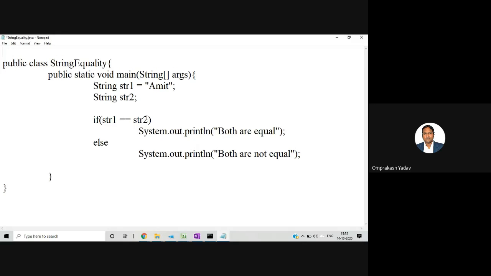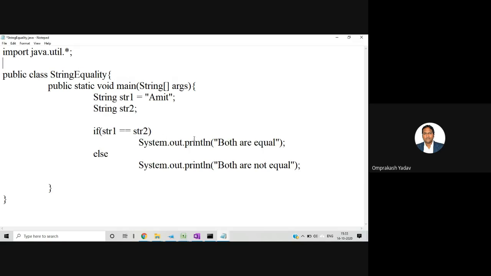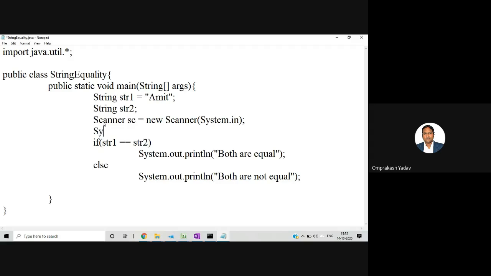I will import java.util.*, and I imported that because I'm going to use the Scanner class. So Scanner sc equal to new Scanner, and here I am taking System.in. Then I will ask the user to enter any text, so System.out.println("enter any text"),